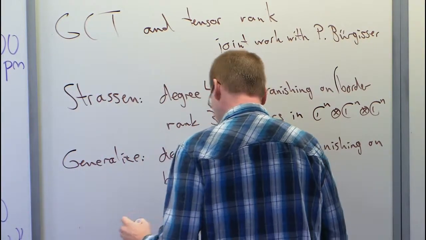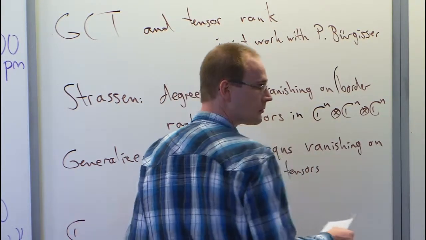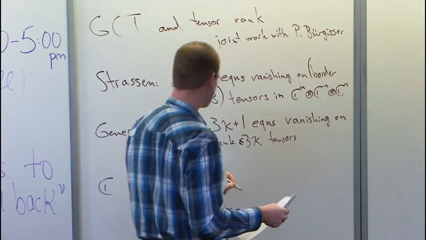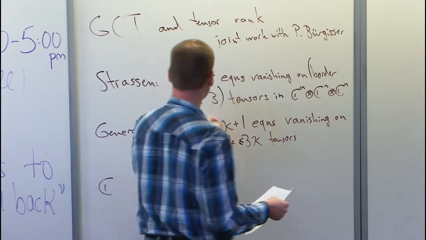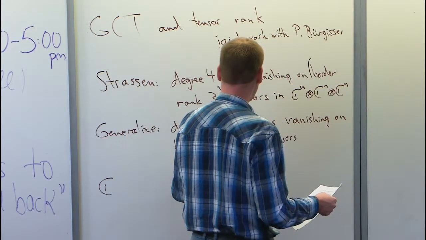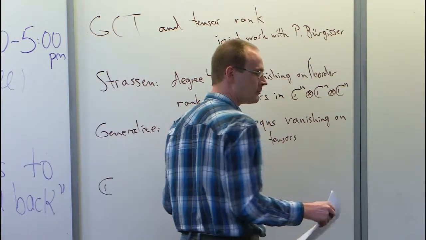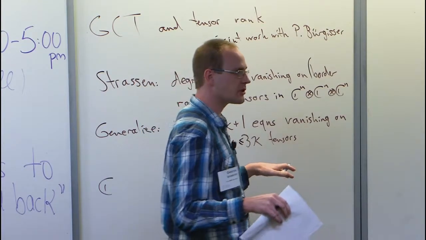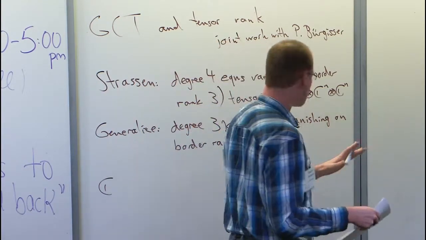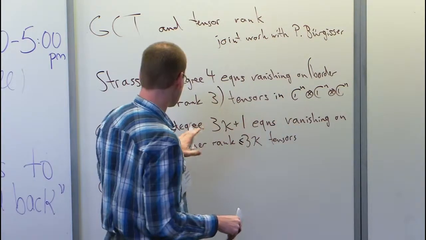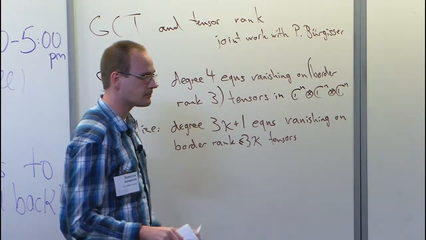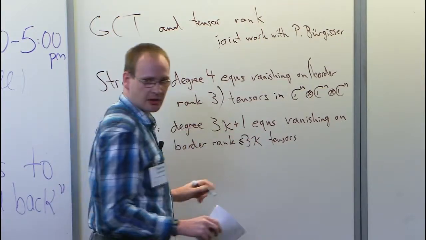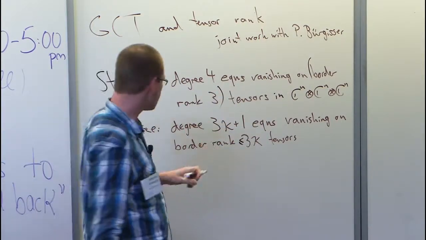So the space we are working in is this. On border rank less or equal to, yes, exactly. Set theoretically or scheme theoretically? You're not saying they're cutting it out? No. We just find some. Actually, this is just one equation. There are more equations, but it's not clear that those are all. It's just some degree 3 kappa plus 1 equations. What relation between kappa and n? Let n be large enough. Kappa doesn't depend on that.